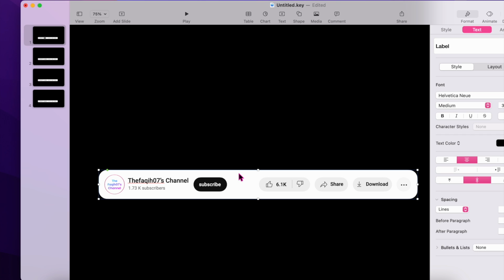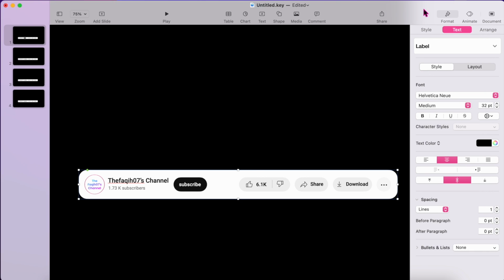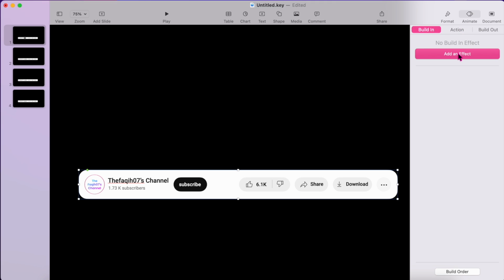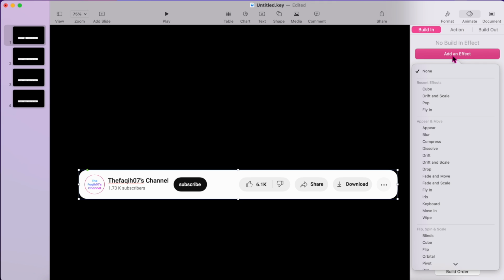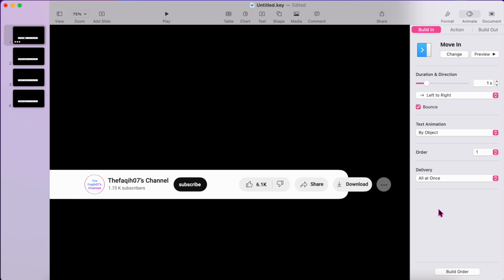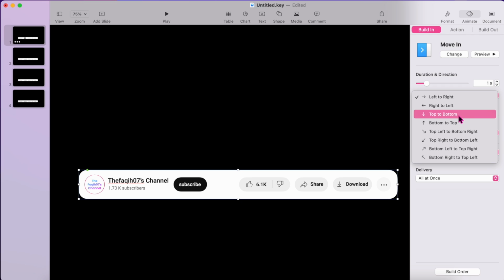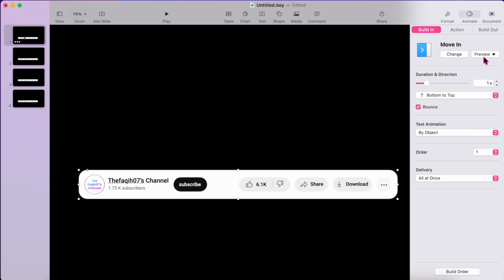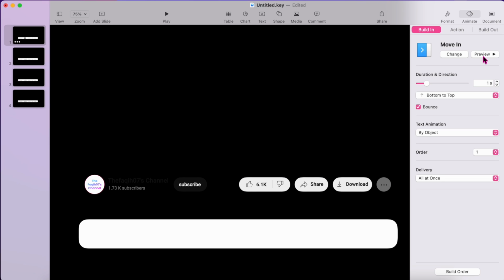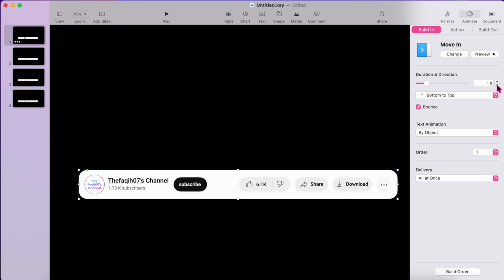First, we need to make this animate, and then build, and then action, and then let's say moving. Maybe it's from bottom to top. Okay. See that moving? Maybe it's a little bit quicker. Zip,